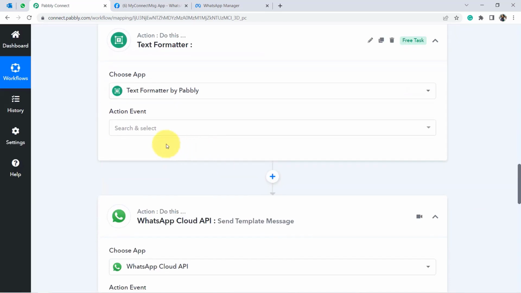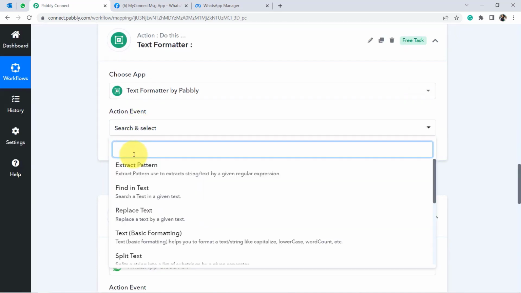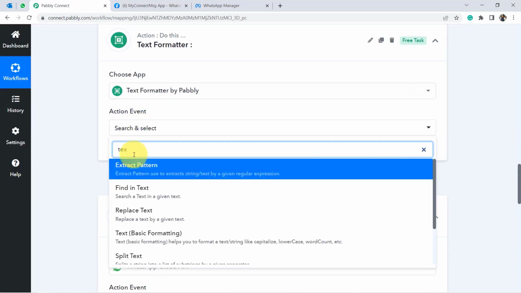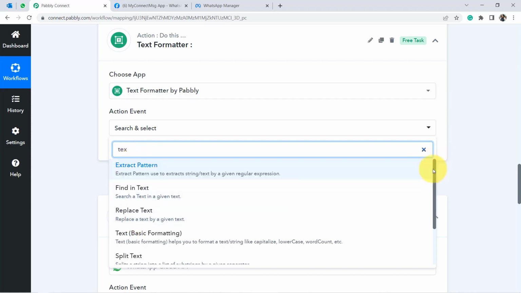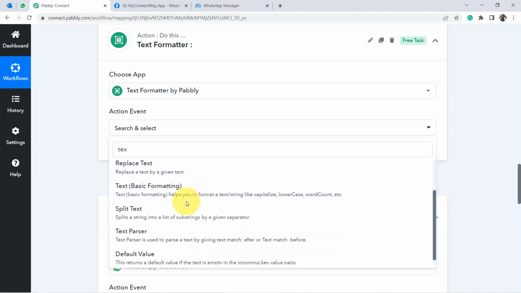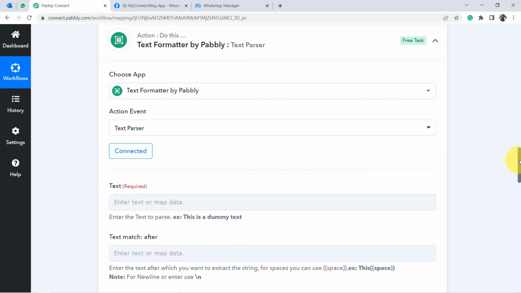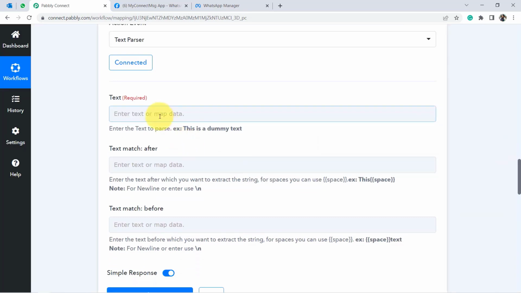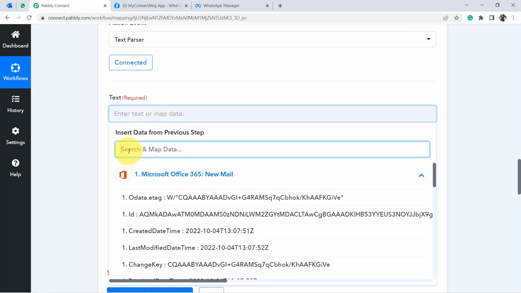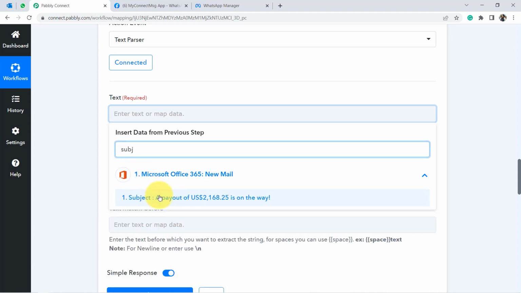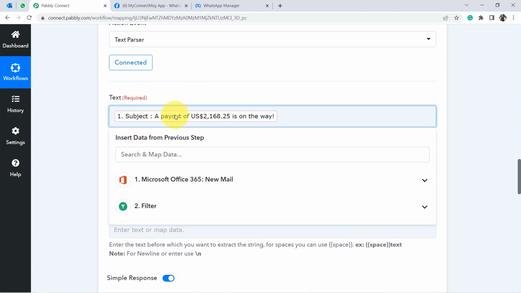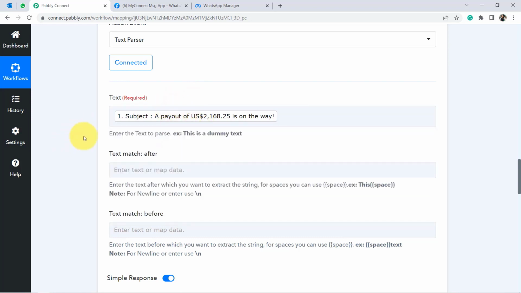Basically, I am going to split my text, and here in the action event you will have to search for the text parser. Well, where is that text parser? Let me search for the same. Yes, text parser. Okay, click on connect, and here we are going to provide the same text. From here you will have to map the subject line, and whatever values you map will be replaced automatically as soon as the new response arrives here. So next time when a new email arrives, the new subject line will be mapped automatically here,